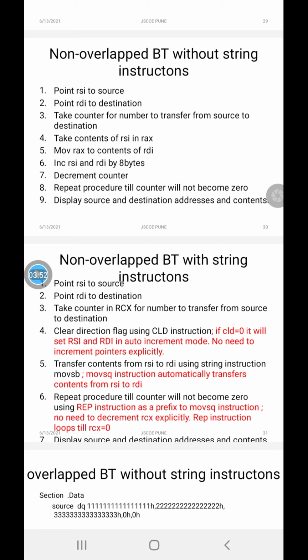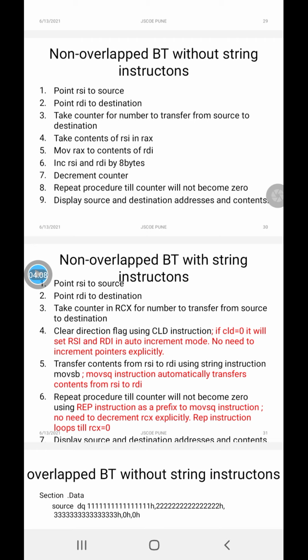This is the source array of bytes, or you can declare the source array of word, double word or quad words. Whenever you are using word, you have to declare it with the assembler directive dw. If it is a double word, it is dd, and if it is a quad word, it is dq. So we can transfer any data type from source to destination.